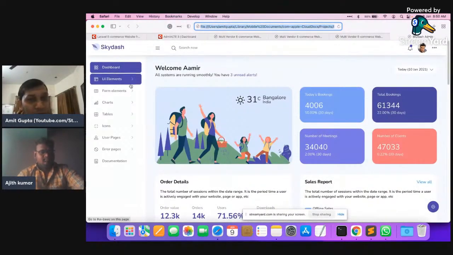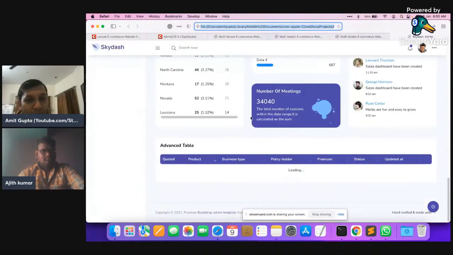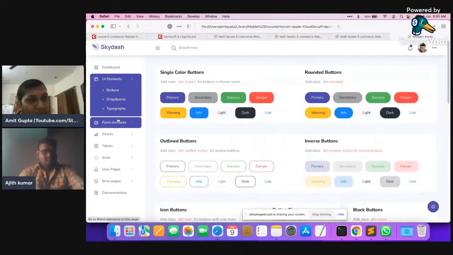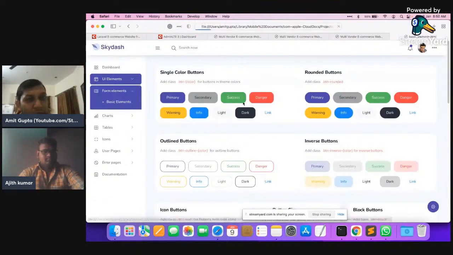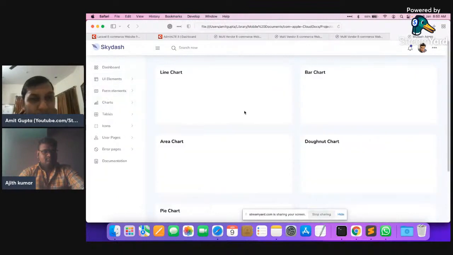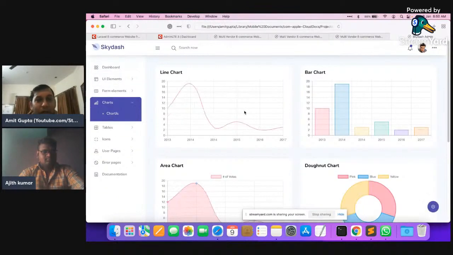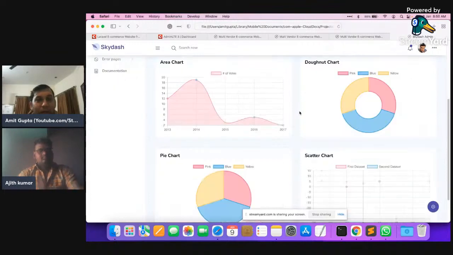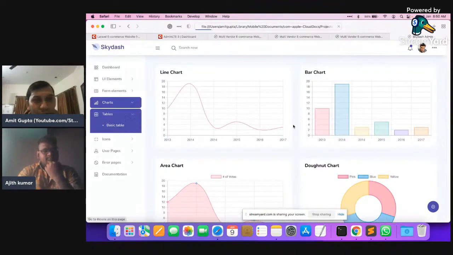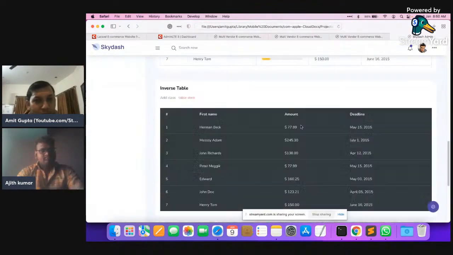Okay, you can see how good it looks. Here UI elements. Okay, all these we are going to apply for the admin panel of Laravel 9. See, we are going to merge this admin panel into our Laravel 9 multi-vendor e-commerce website. See, these are the charts and graphs we are going to do. Okay, so these are the table structures.